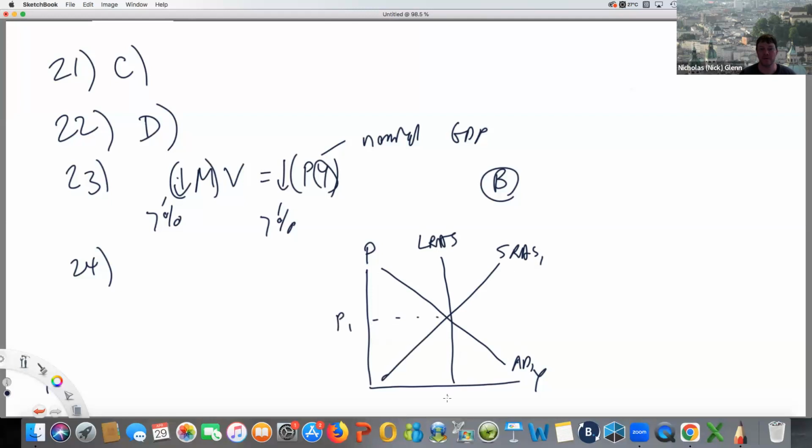So we're starting off in long-run equilibrium, but government decreases expenditures. Well, that causes aggregate demand to fall. So aggregate demand falls, which means price falls. And output falls. Now, if left on its own, the economy will adjust and move back towards this natural rate of output. So what happens?